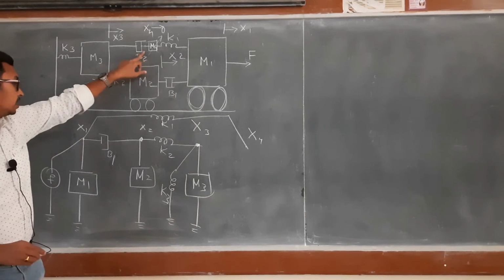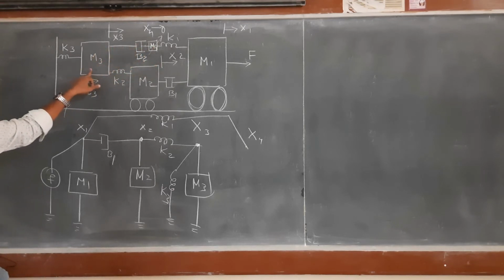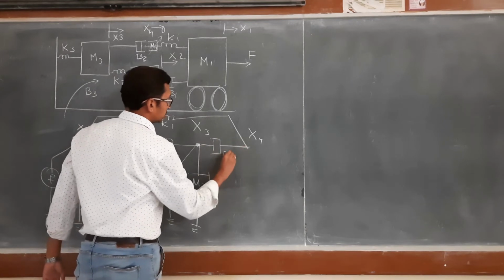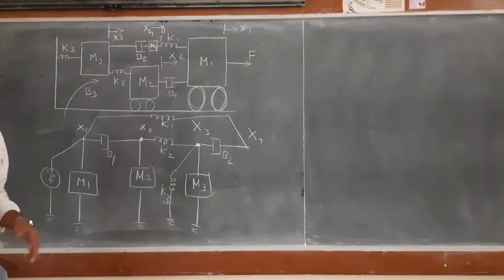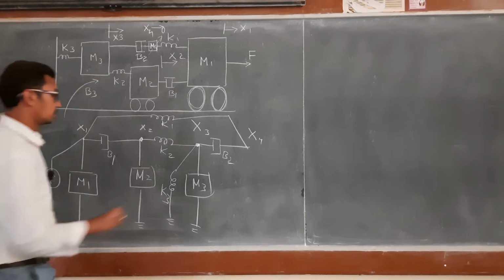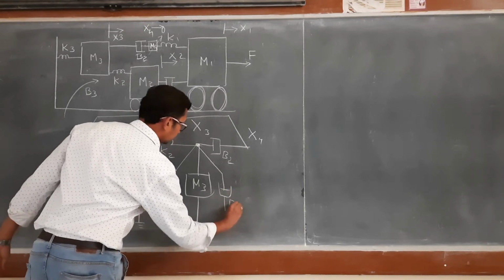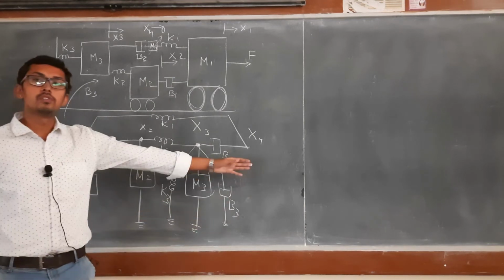B2 is there, right? So this B2 is between node 4 and node 3. So node 4 and node 3, this is the B2. Next, what else is there to the M3? Nothing. So another thing is there, B3 is there. So B3 is also between the M3 and the reference plane. So this is the B3. Okay, next what else is there? That's all. Now let's go to the node number 4.